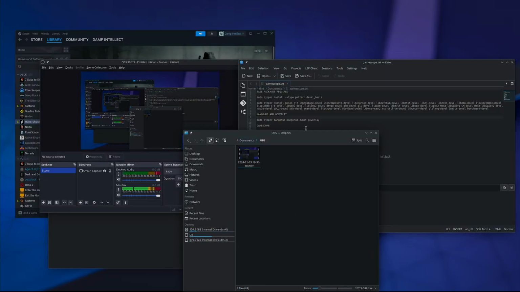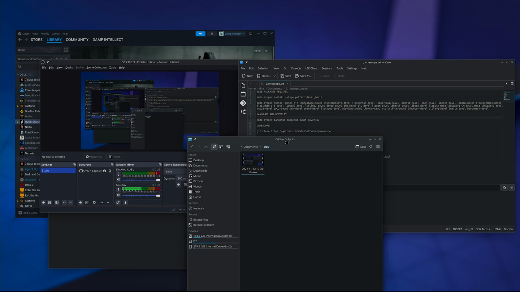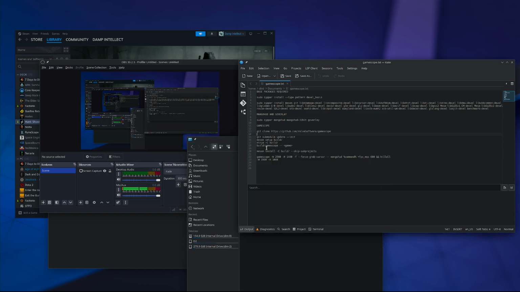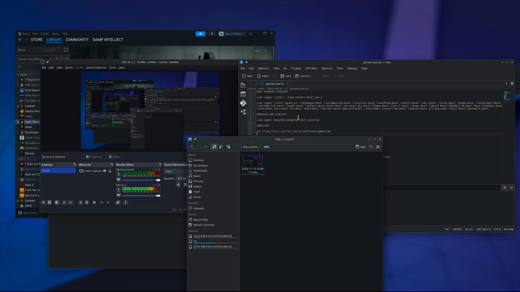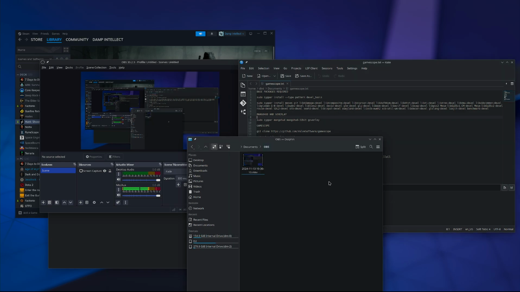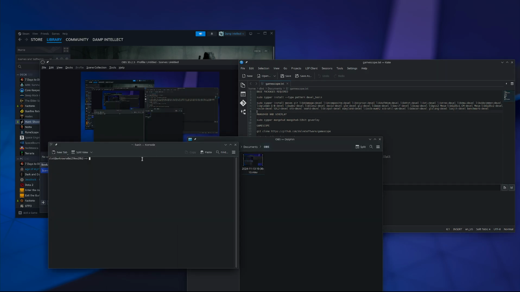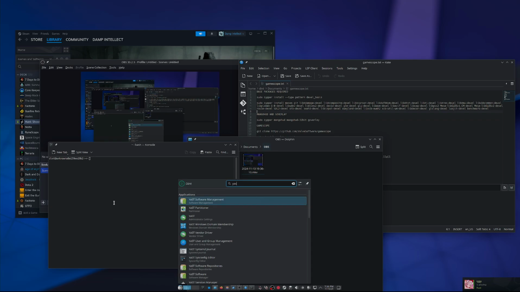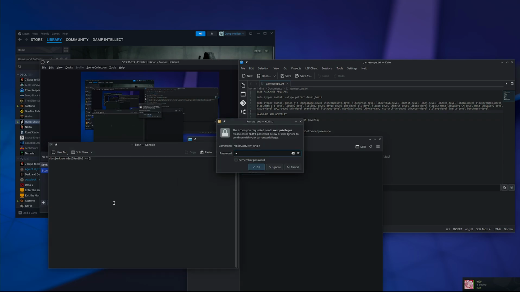Alright, I'll show you how to install Gamescope in a better version than what's currently available. So, first of all, these packages are required here. I'll list them in the comments or in the description. Anyway, you can either use the terminal or you can use YaST in